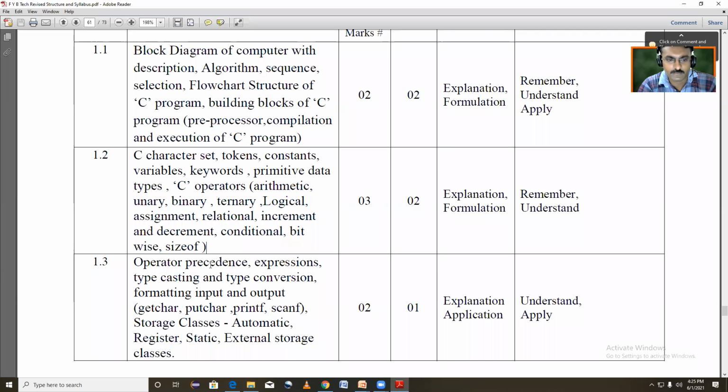Okay, after sizeof, go for operator precedence. Write down operator precedence, then expressions, typecasting, type conversion, formatting input and output,